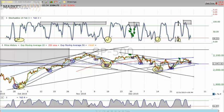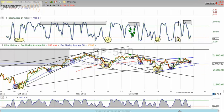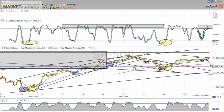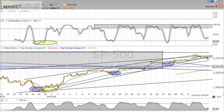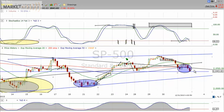We'd love to be able to just come on and say, hey, this is where the market's going. Sometimes we have those perfect setups. We can look at them and say, wow, this is a great divergence setup, and we've seen this play out so many times. Versus something that could go either way, and we had the end of the year type of trade that kind of chops things up. So going into Monday, Tuesday, I would expect this 60-minute time frame to kind of resolve